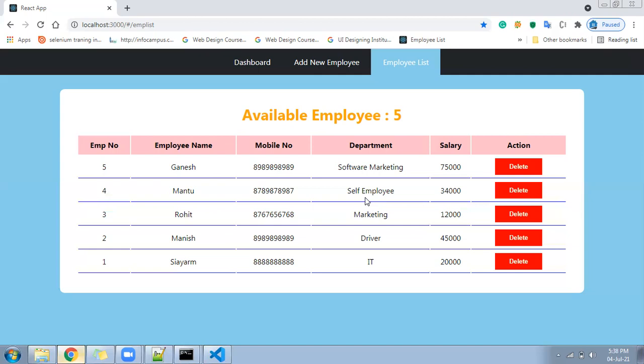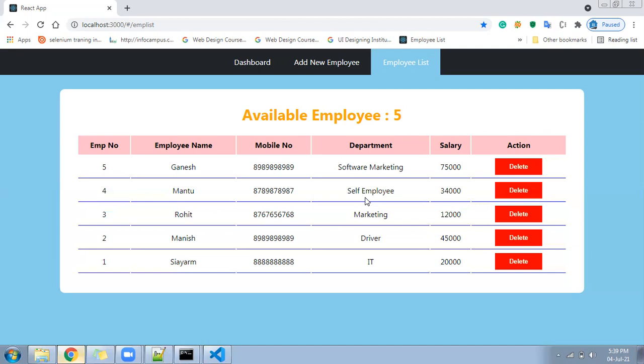In an interview, when you go, people will ask you to create a page, fill the data, save the data, list the data, edit the data, and delete the data. You cannot do all this directly at the server level because you may not be aware of backend languages. So I have implemented complete routing, saving the data, and listing the data. Now you are in the third video, which is deleting the data. It's simple and you will understand quickly, but I suggest you implement the first and second videos, and then it will be helpful for you.